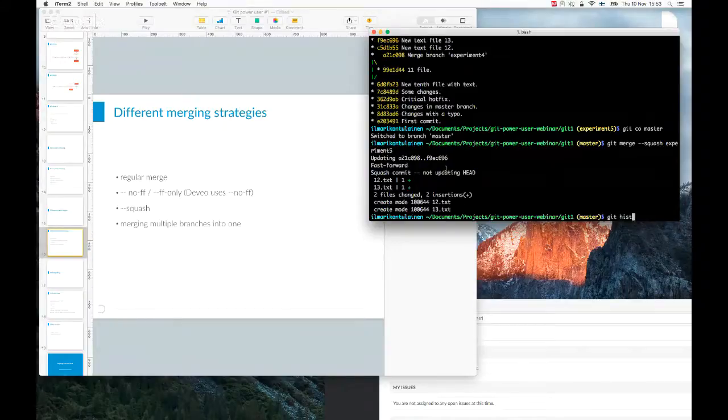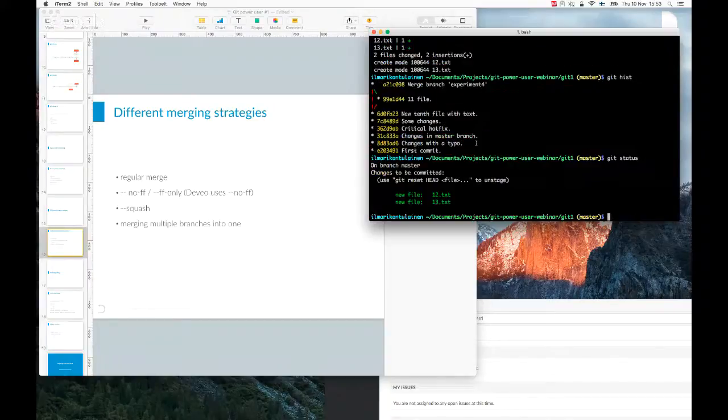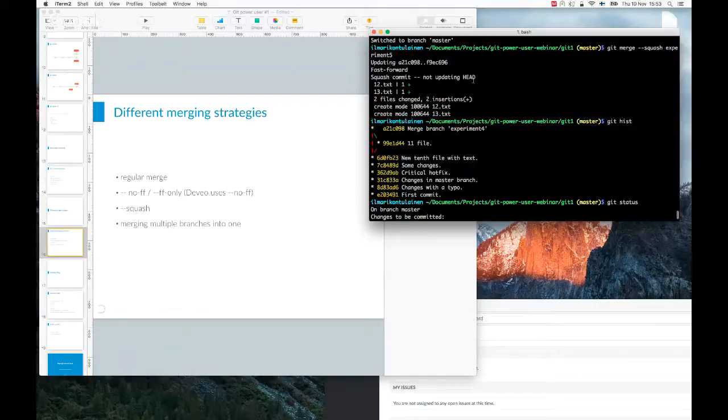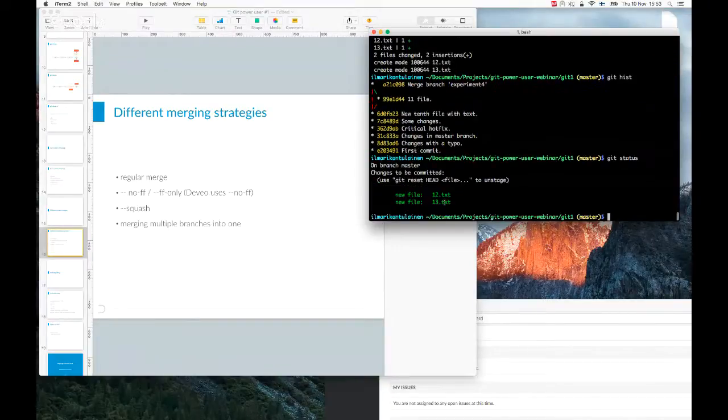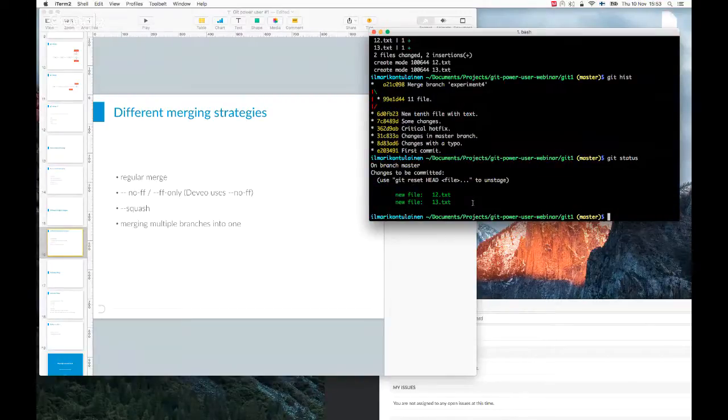So now, what actually happened is that we did not update the head, even though it would have been a fast forward merge like we have here. But since we mentioned that it is a squash, we will actually only get the changes that were part of it. And what we need to do is a commit with these changes here,